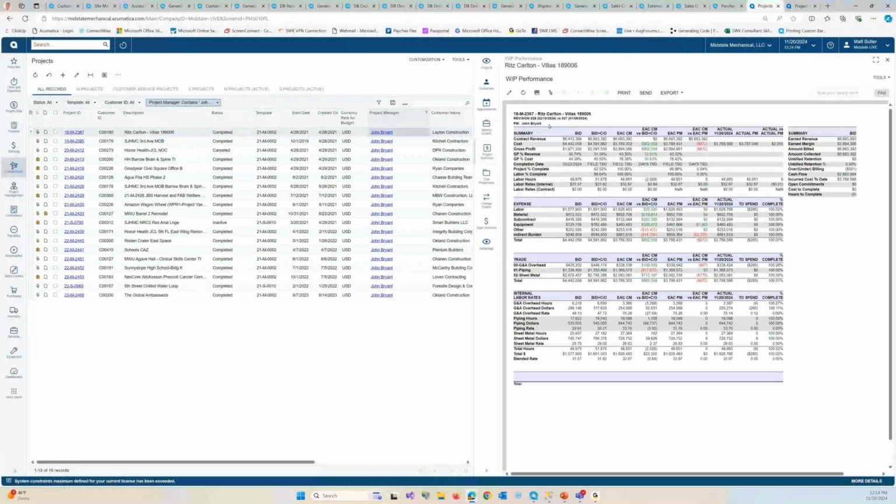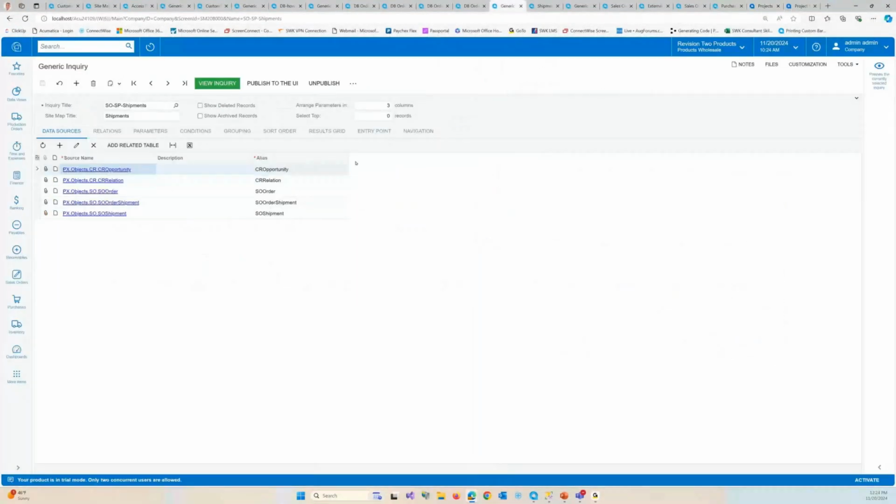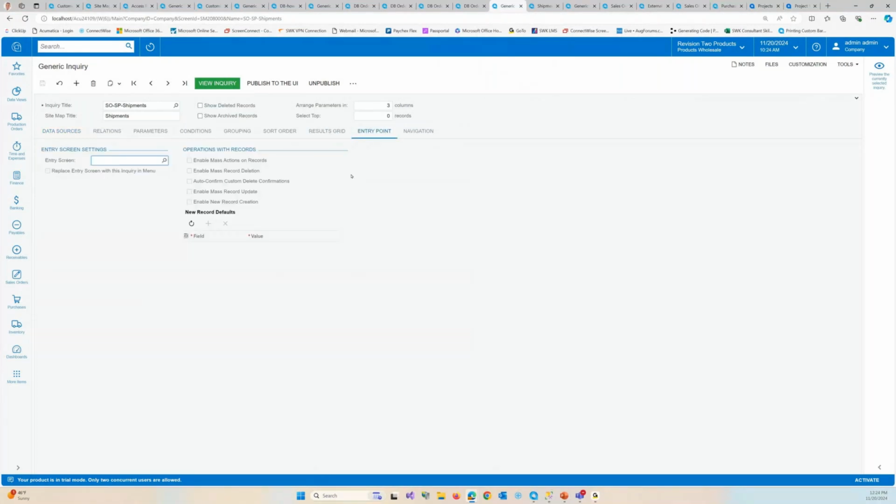So now let's go back and look at how those are constructed. Without getting into super amounts of detail, if we look at the entry point tab on any particular GI with an entry screen, you can enable mass actions for records. The reason this is important is the entry screen maps to where the code lies that will actually perform the updates. So let's find